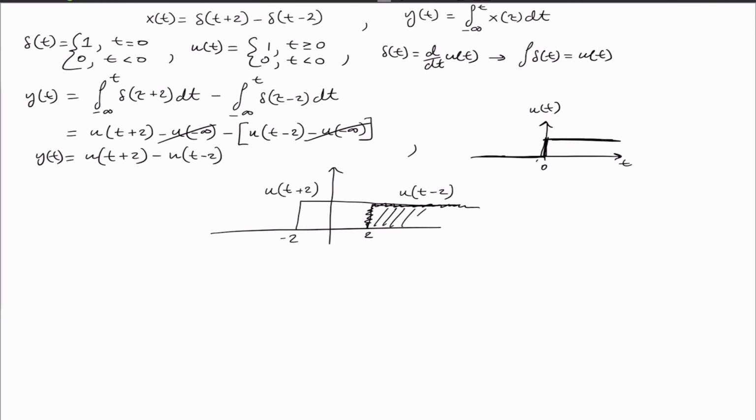Thus we subtract this portion, and we end up with the rectangle here. Y of t is going to equal 1 for t greater than or equal to -2 and less than or